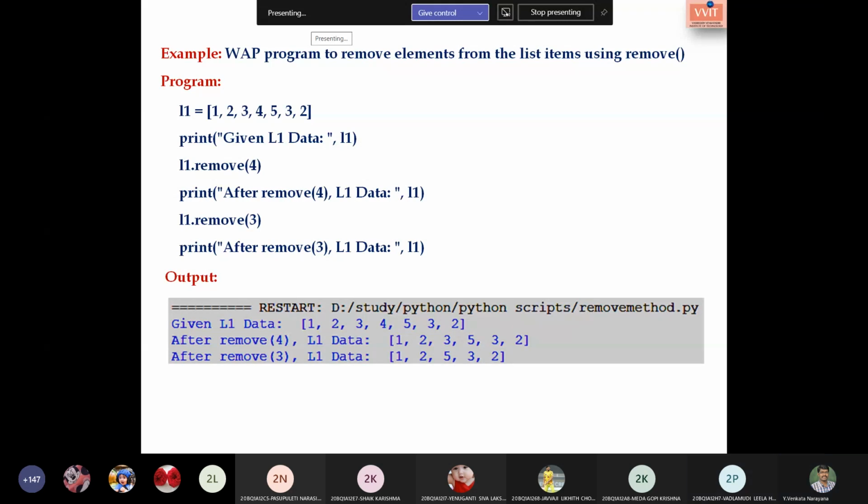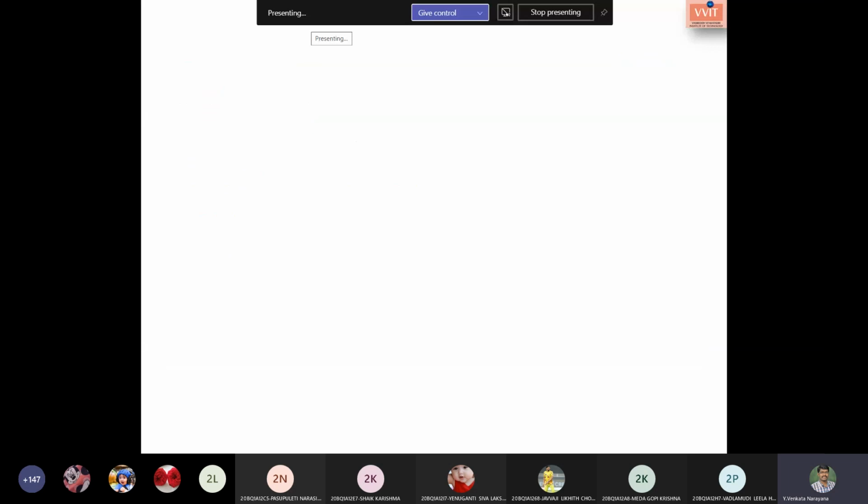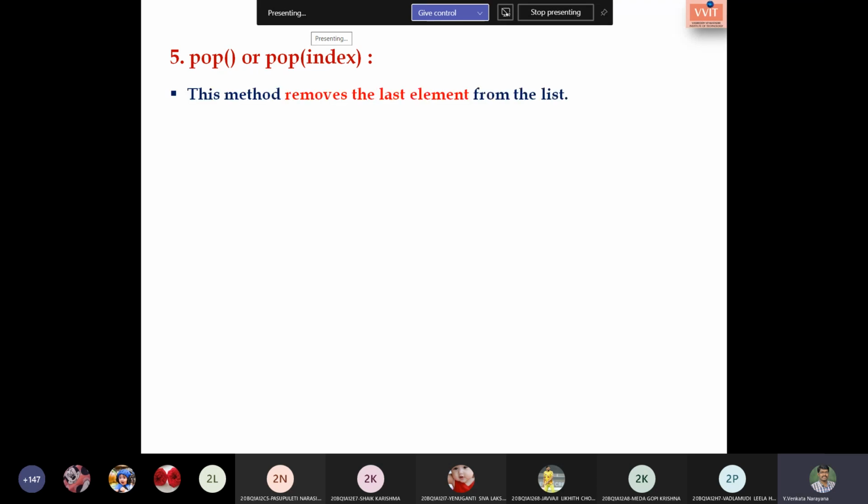What is the next method we have? Pop. So what is pop? Removes the value at the specified index. Here pop or pop of index, both are the same, since index is optional.